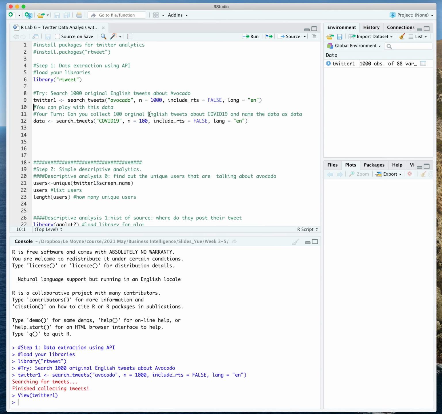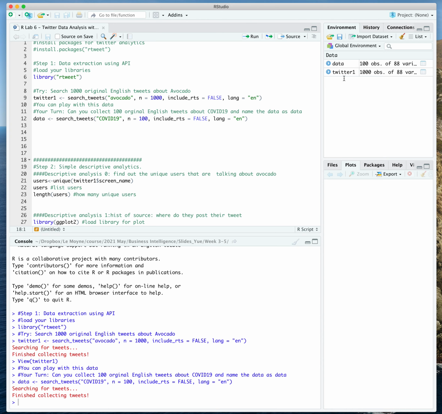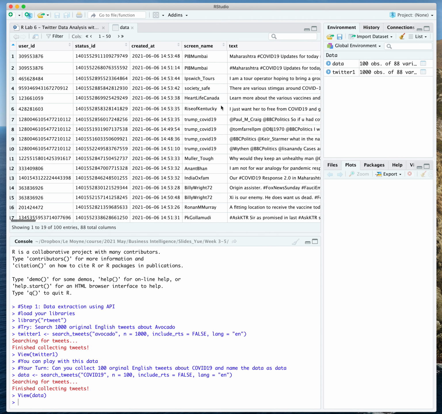So now let's try on your own. Can you collect 100 original English tweets about COVID-19 and then name the data as data? So here is a solution. Basically, we can just copy line 9 down here and then replace the different arguments we want to change, and then change it to collecting 100 original tweets about COVID-19, and we are saving this data set as data. So if you run this, you will see that you have collected 100 tweets on COVID-19